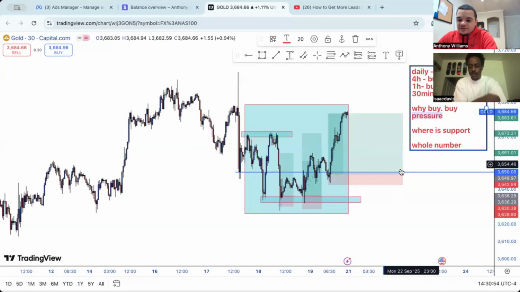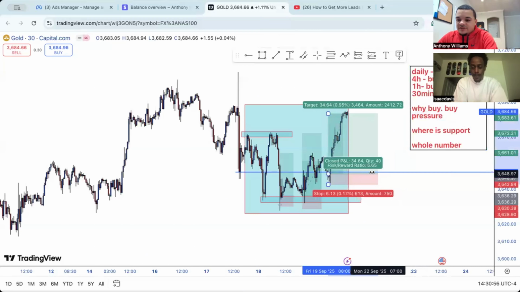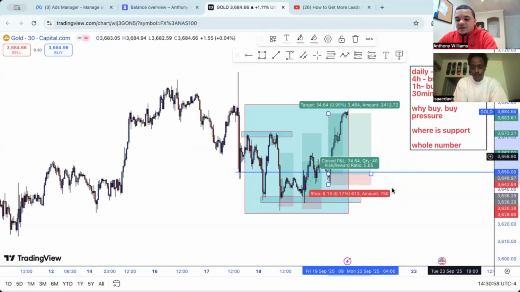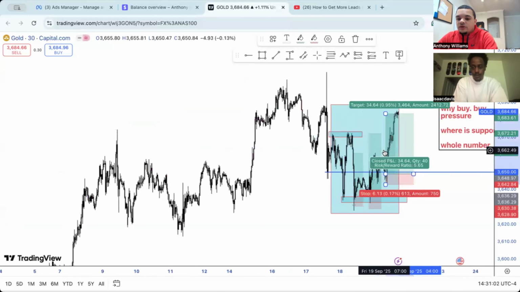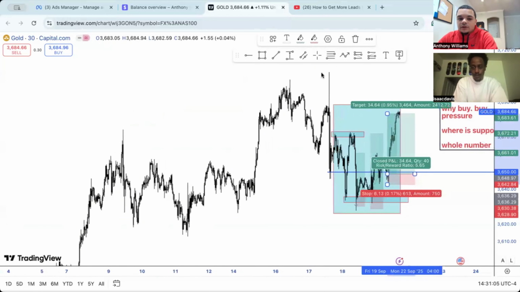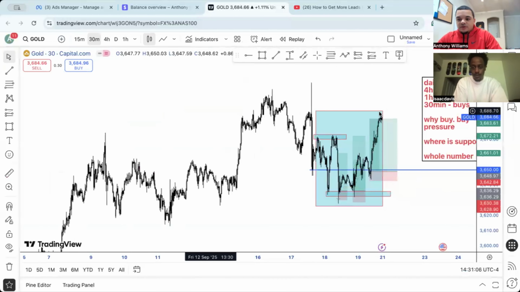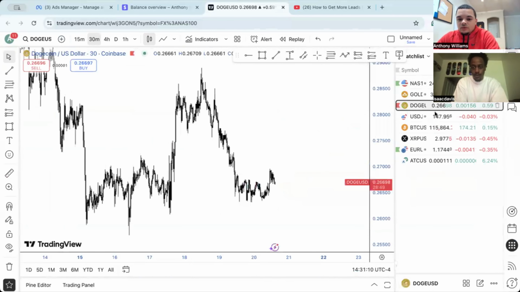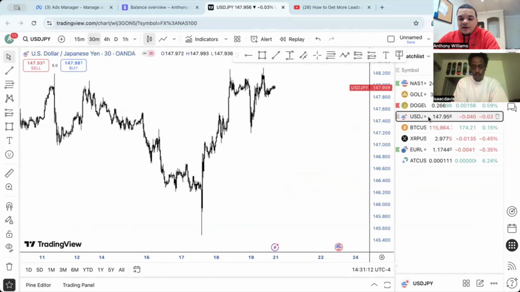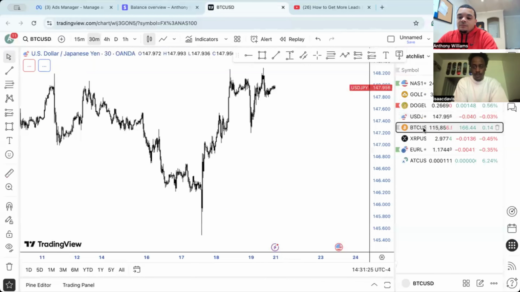Where are my whole numbers? This is your cheat sheet of my system, to where you're fully set up no matter what chart you look at, whether it be gold, Bitcoin, Dogecoin. If any of your friends talk about some meme coin, some crypto coin, any type of coin that you hear about, or anything that involves any type of markets, that is what this system does.